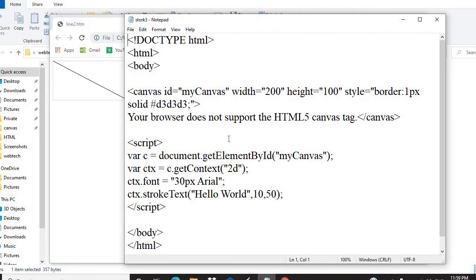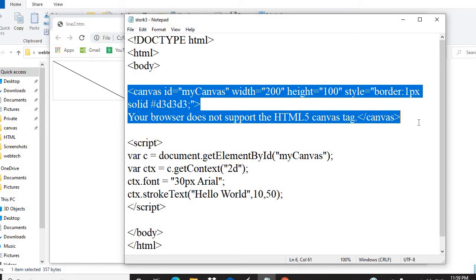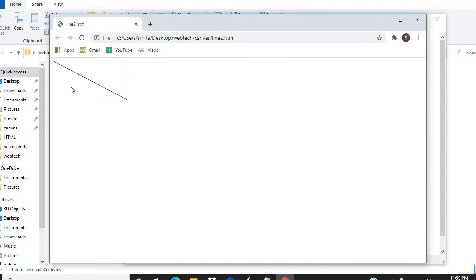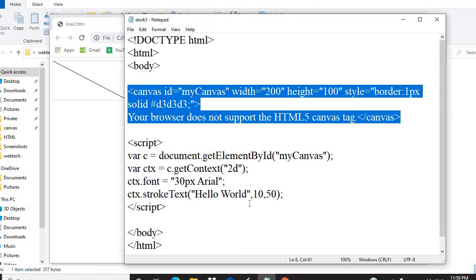Next one is a stroke. If you want to draw any kind of stroke effect to your text, that is also possible. Every time there is a common canvas ID, because we have to fetch each and every element through the IDs. That's why this is supposed to be common everywhere, because every time we want to draw a rectangular box, and within this rectangular box we want to print either text, maybe certain gradient effects, or maybe text.